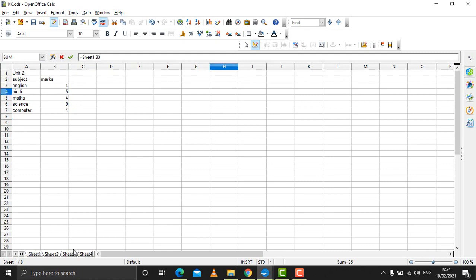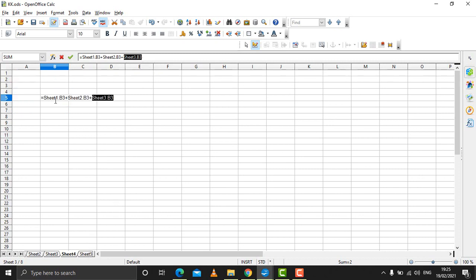Click on sheet 2. Perform the operation here. I'll be writing plus and click on the next cell. So it is from sheet 2. You can see sheet 1 B3 and sheet 2 B3. You can select any cell. Come to sheet 3, write the operator, I'll be writing plus, and click on a number. So you can see 3 different entries from 3 different cells, from sheet 1, sheet 2 and sheet 3.